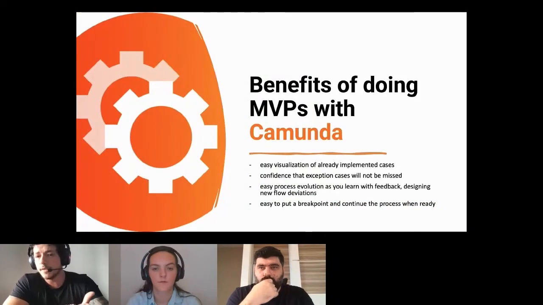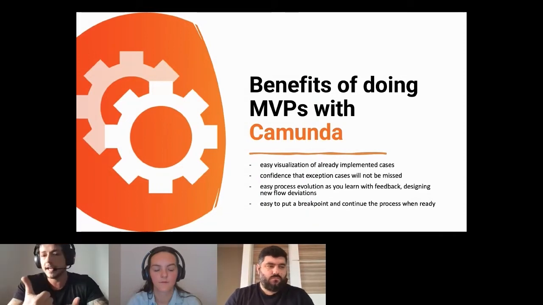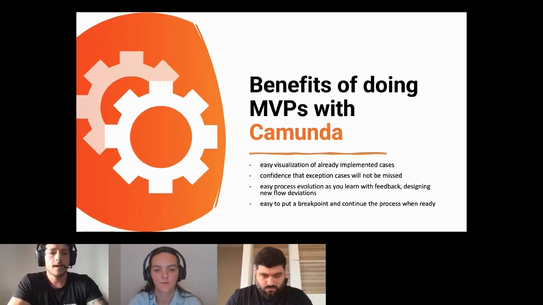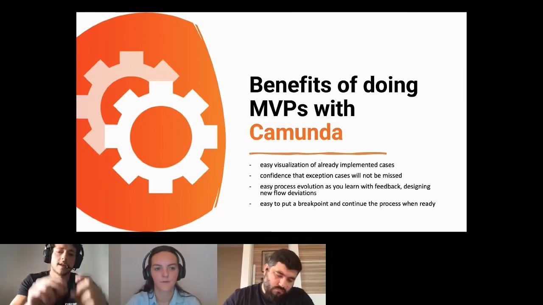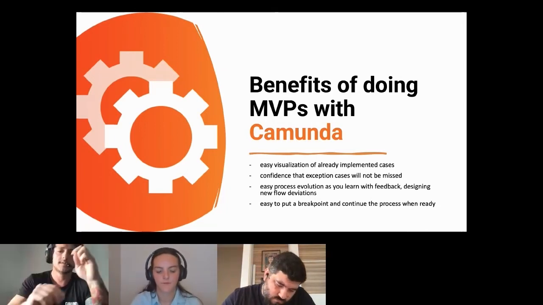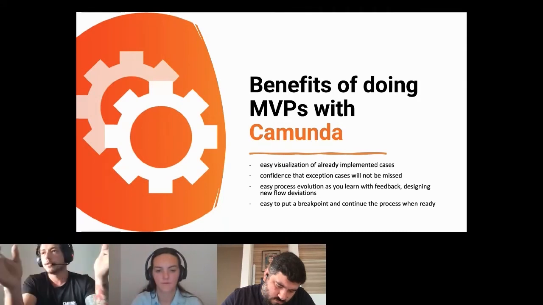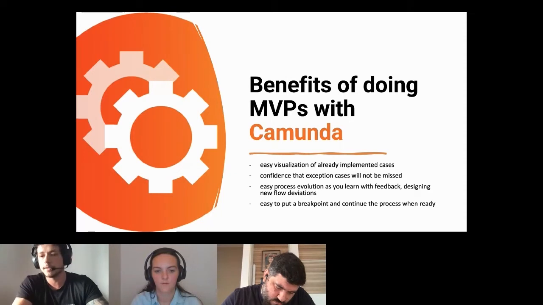And what are the benefits of doing these types of MVPs with Camunda BPM? You get easy visualization of already implemented cases. So looking at Camunda cockpit, you will see the entire flow you already had implemented. You can see the other flows that you are sending to a manual solution in a human task.